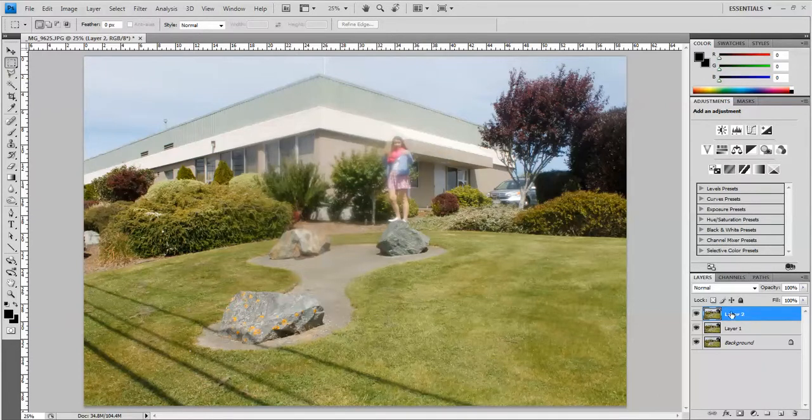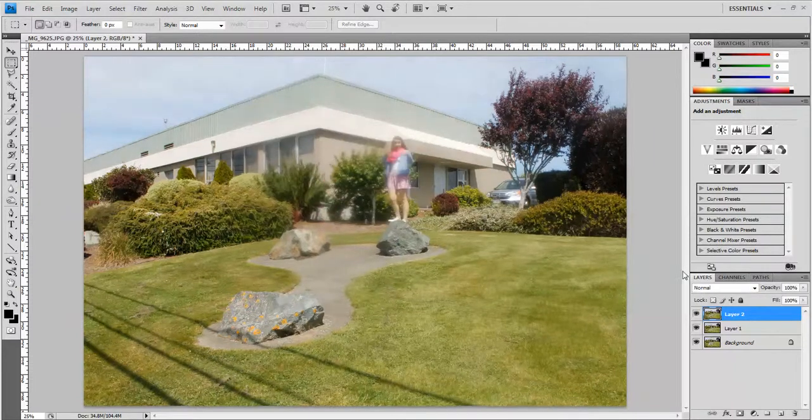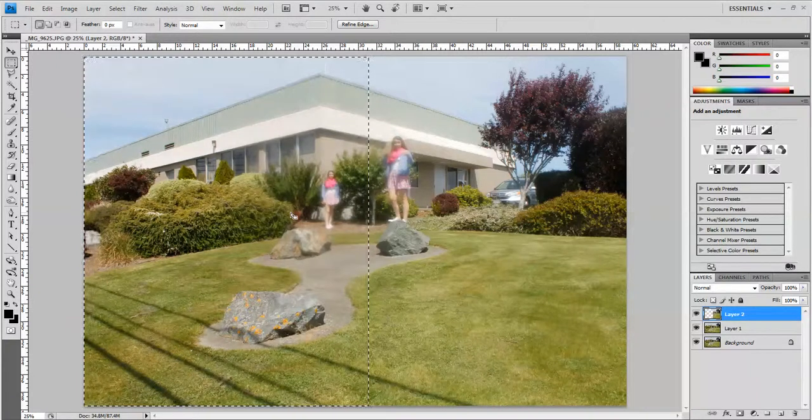So with my first image selected here in the Layers panel, I'm going to turn off the eyeball and see where the next image is. So it's Julia standing at the corner of the building between the 2 trees. So I'm just going to estimate approximately right here, draw a box around this part of the image and hit delete. And that looks great. So on the keyboard I'm going to push Control D to deselect,